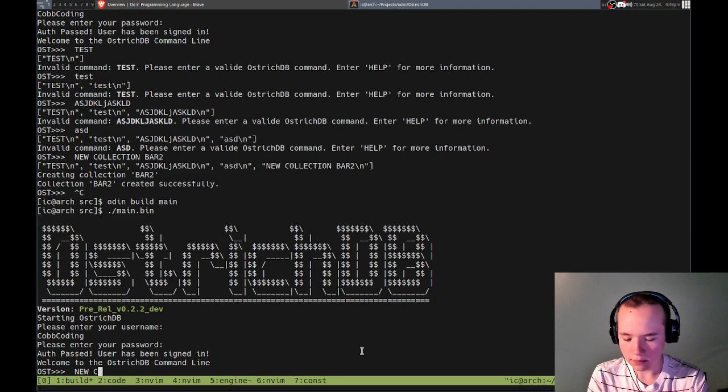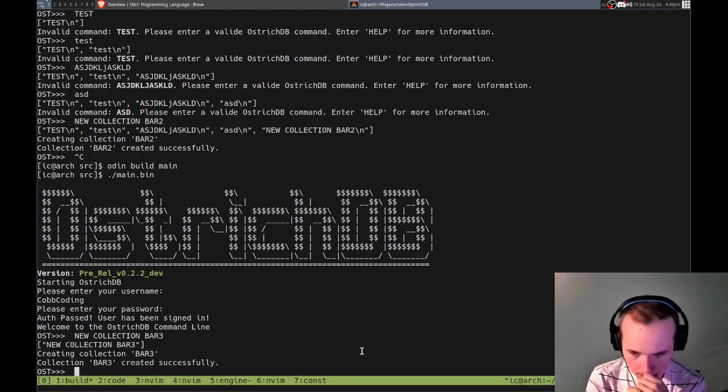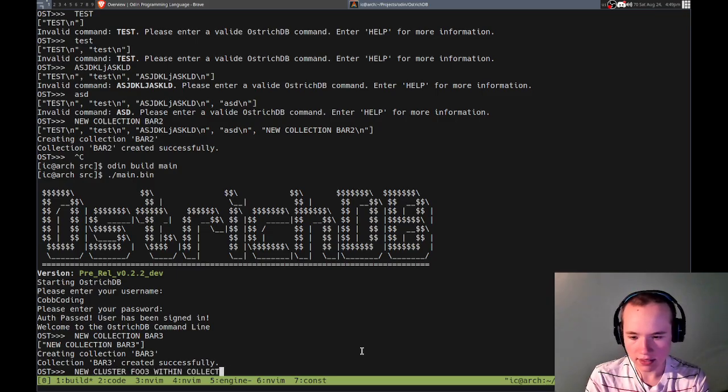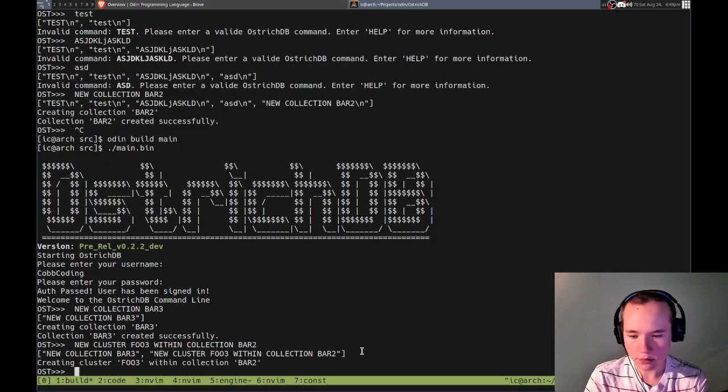New collection bar, and then we can do new cluster 3 in collection. Yeah, and then it saves all of them, and they're already stripped and everything. So then,